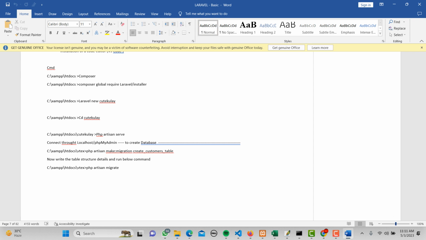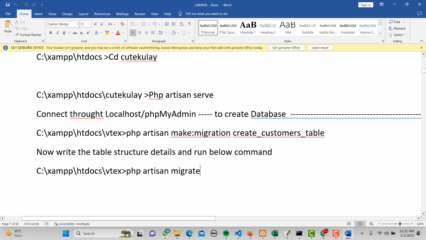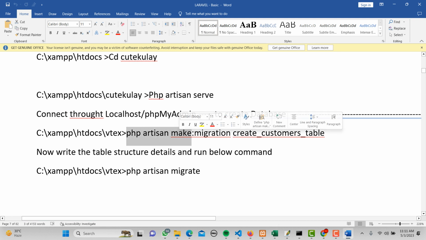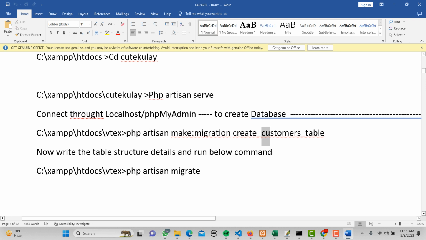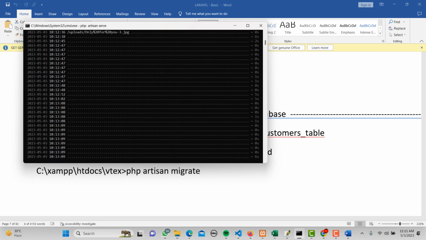I'll show you here. This way: php artisan make colon migration, then space, then create underscore customers. This will be your actual table name, and then underscore table. So if you write this command on command prompt, or if you write the command here in terminal, here in command prompt, if you write this,